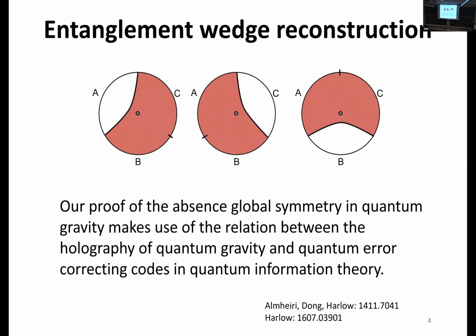Error correcting codes are something we use on our PC every day, the classical error correcting code. The basic idea is to duplicate the information. If you duplicate the information sufficiently, then even if one of the bits flips, you can restore it by checking with other copies. But you cannot do that for a quantum computer because of the quantum Xerox principle, the no-cloning principle. That means there is no unitary process to turn a state vector into a tensor product of the same state vector. But you can do something similar, which is to consider a tensor product of Hilbert spaces, and consider some subspace of the Hilbert space which has a lot of entanglement information between